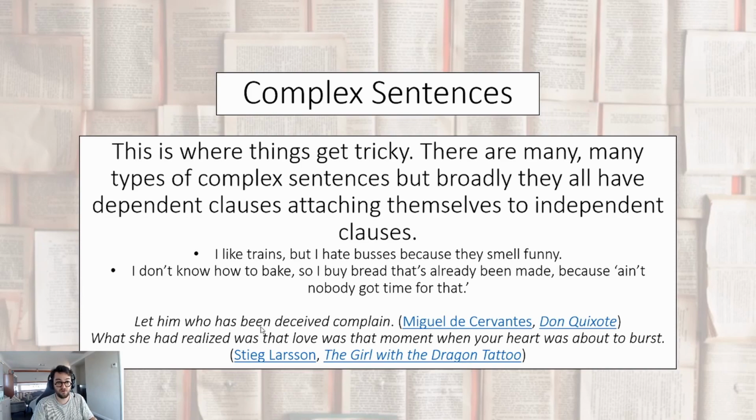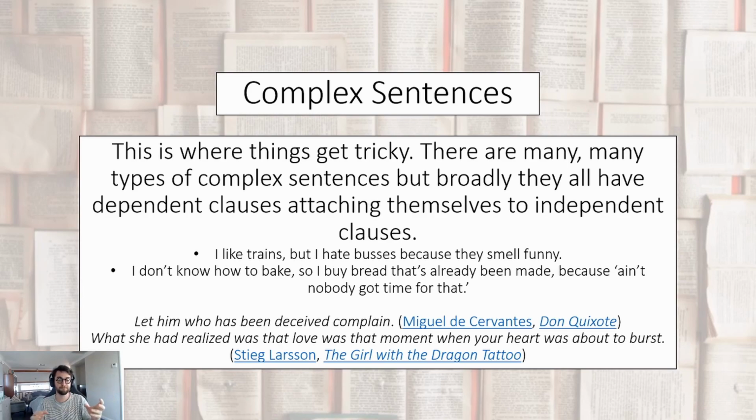Or actually, that would be, no, it wouldn't. Any part of this, really, if you take it apart, would be a dependent clause. It would be a dependent clause. "Let him who has been deceived" wouldn't make sense. "Who has been deceived complain?" Maybe that would work as a simple sentence. That would be an independent clause. And then the "let him" would probably be the